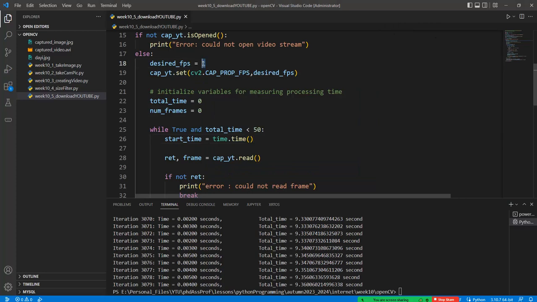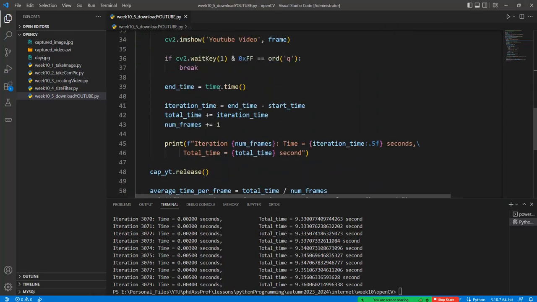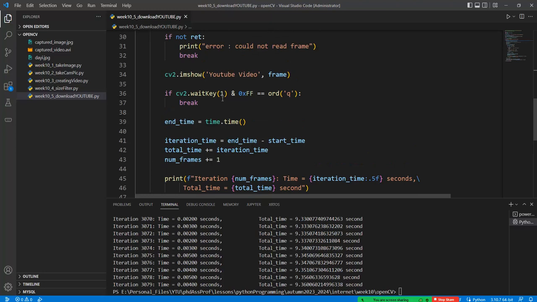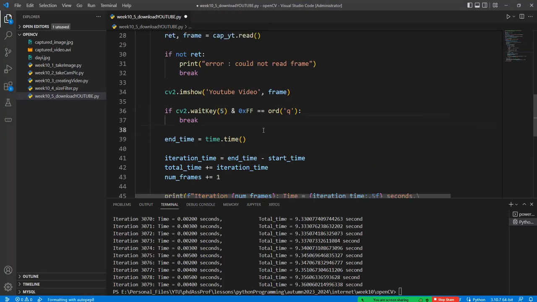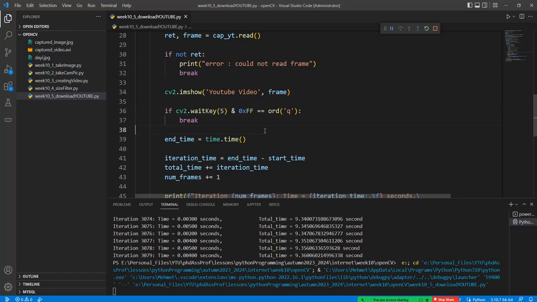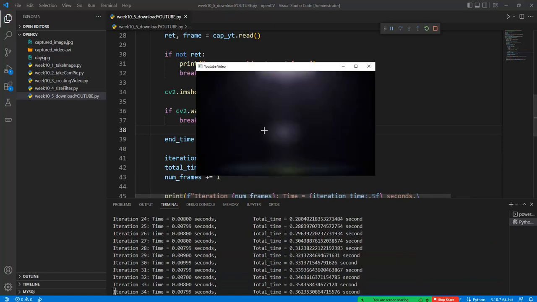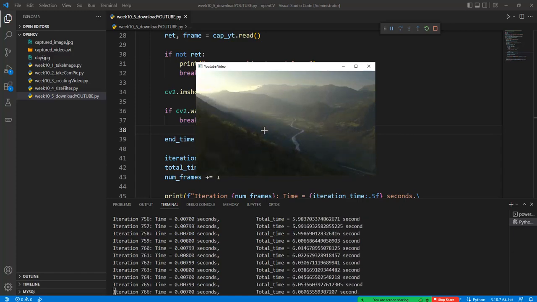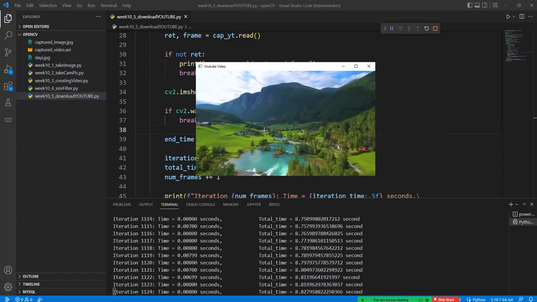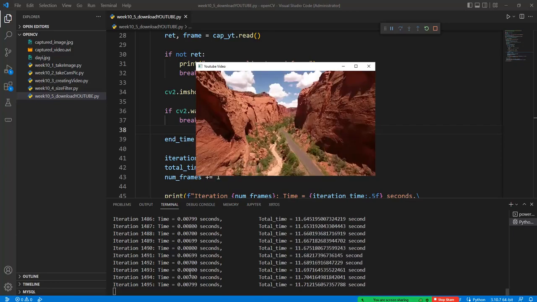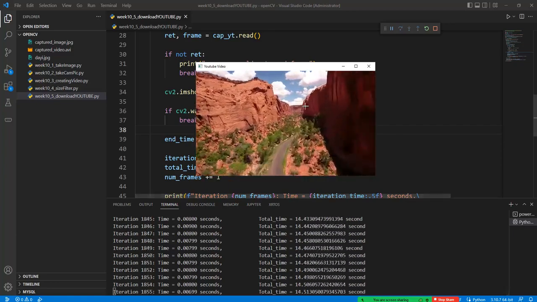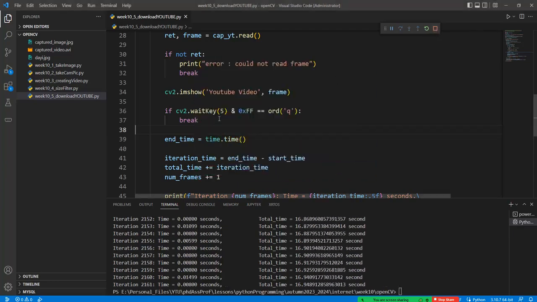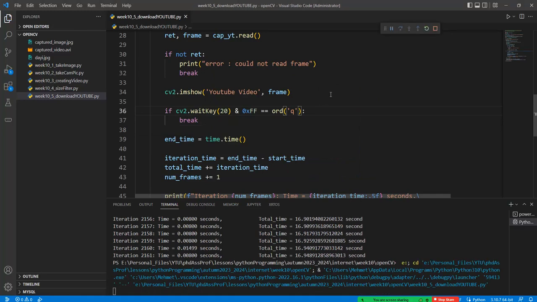For example, if the waitKey function here is equal to 5, that is 5 milliseconds, and the video is given in these formats. But if I change this value to 20, like this one,